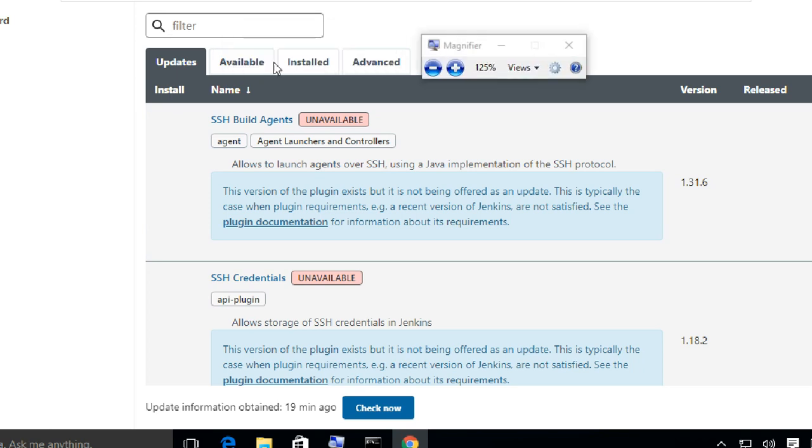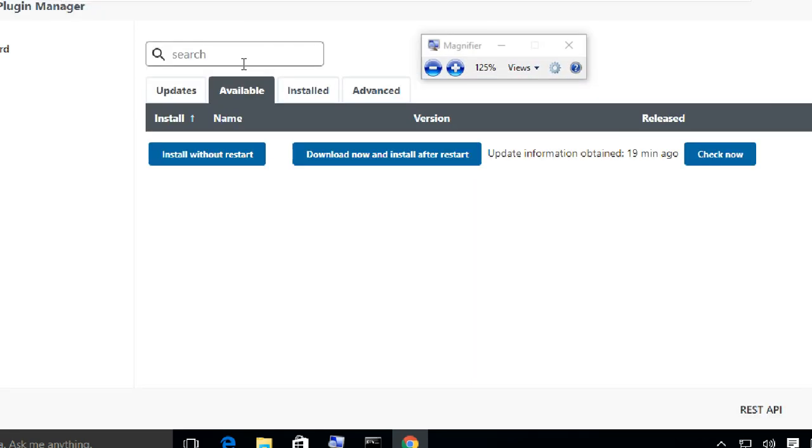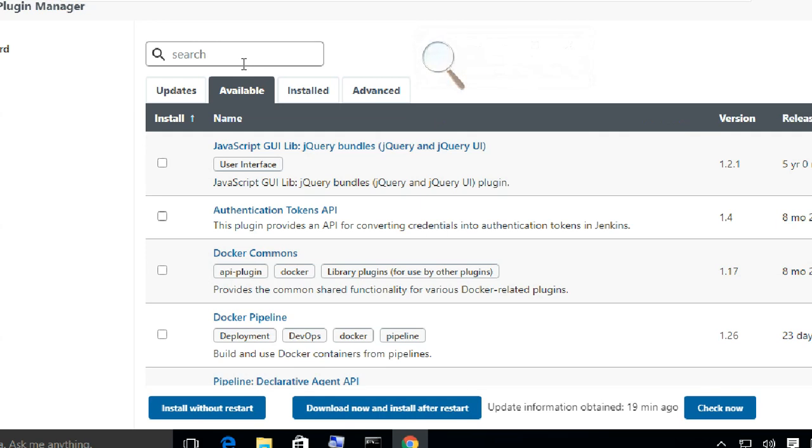Available, so go to the available part. Last time I told you, if you don't have much space in your system, or internet speed is not much, then we can install the recommended plugins first, and then we can add the required plugins.